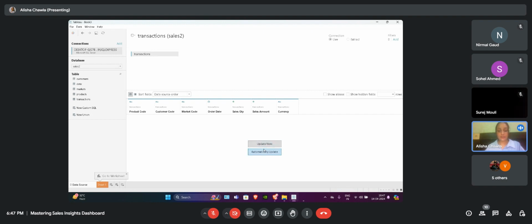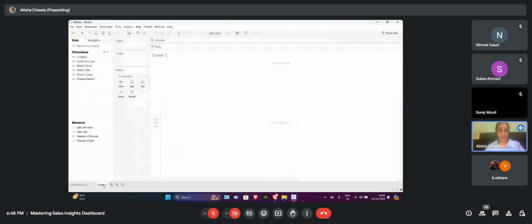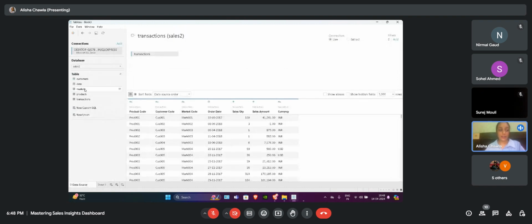Now it automatically updates, so we can only see the transactions table here. If I go to the screen where we create a Tableau chart, we only have the transactions data, but we need all our data here. So to do that, we have to join all our tables to the transactions table.